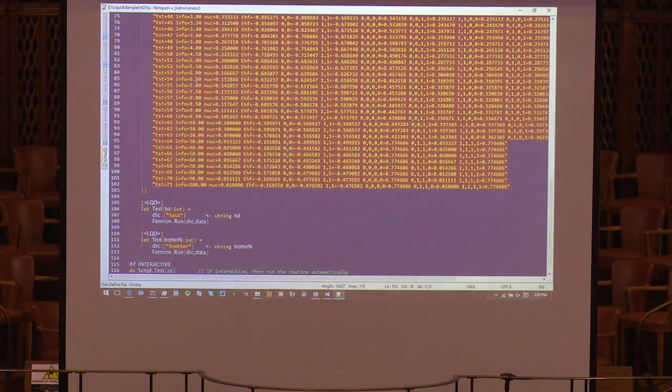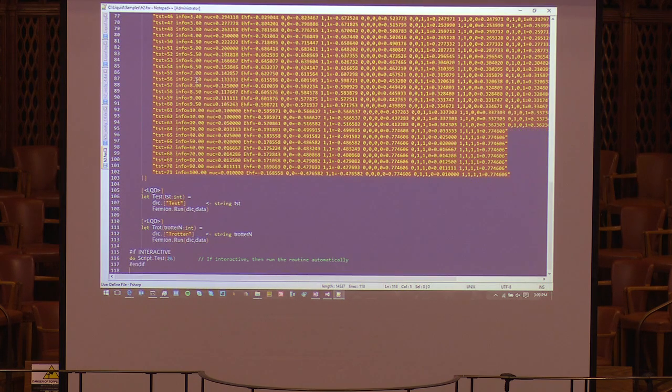So we've got 71 positions, or 72 positions, and then at the end, I define a couple of functions. Again, I put that liquid tag, which says I want to call this from the command line. So I'm going to call test and trot from the command line. Test lets me pick one of these tests. Trot picks one of the tests, but lets me change the trotter number, so I can change the accuracy of the interpretation. So if we now go back,